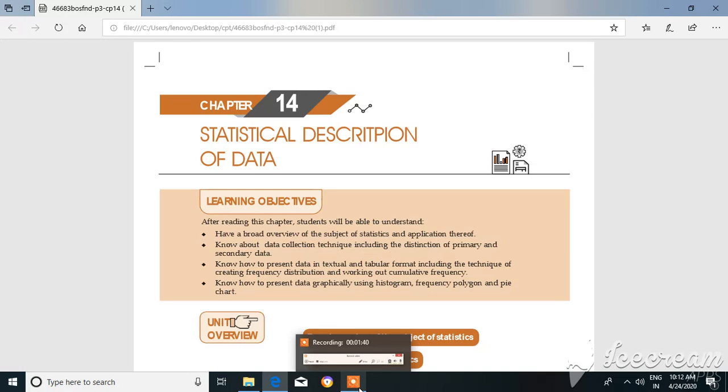For example, let us consider marks of students in a class. Now in a single class there are several students, right? Let us consider there are 50 students in that particular class, 12th commerce consisting of 50 students. Now for each and every student there is a roll number. Why?